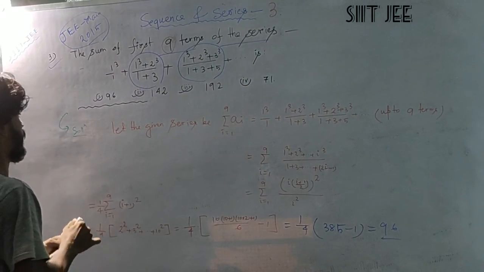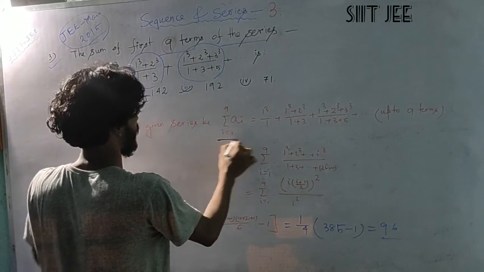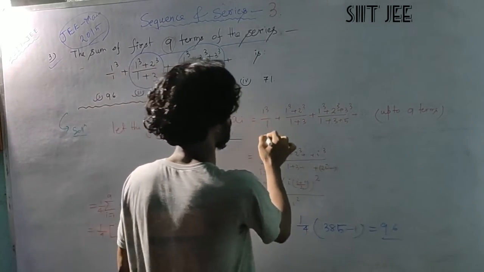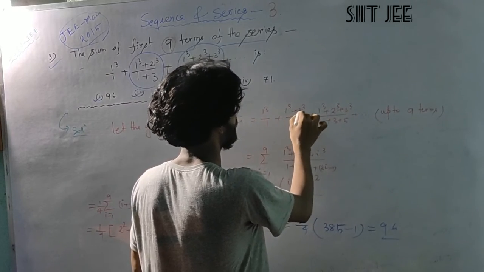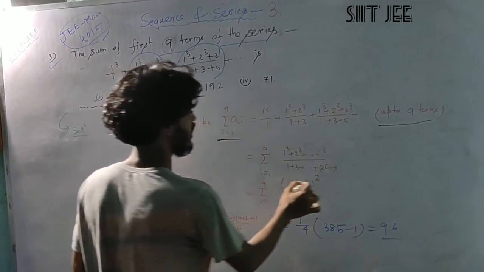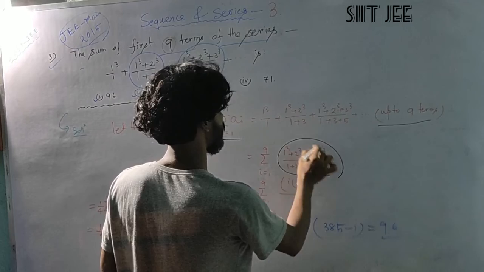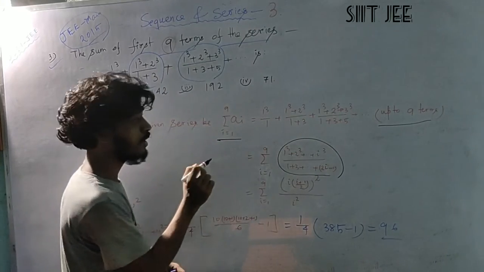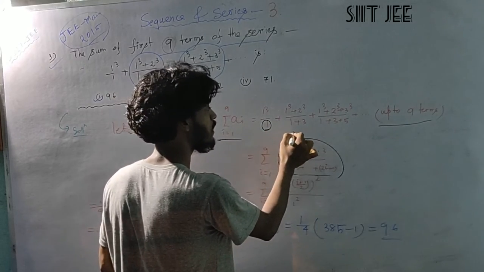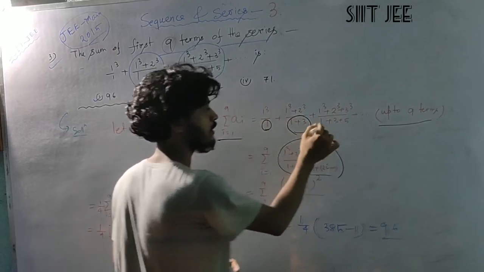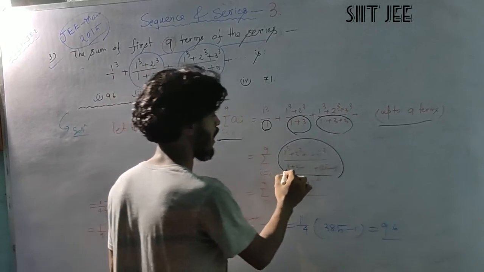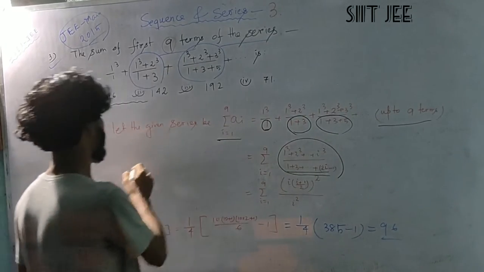So let's solve. Let the given series be in the form summation i equals 1 to n of a_i, similar to the previous. So 1 cube by 1 equals 1 cube, plus 1 cube plus 2 cube by 1 plus 3, and so on up to 9 terms. That can be written in general as 1 cube plus 2 cube plus up to i cube divided by the sum of all odd terms. For the first term it is 1, for the second term it is the sum of 2 odd terms, for the third part the sum of 3 odd terms. Similarly for the ith term it is the sum of i odd terms,